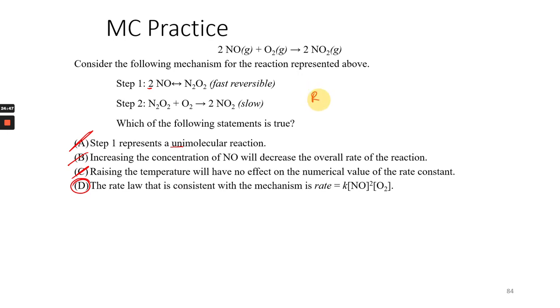If I write the rate law from my slow step, okay, that is not equal to this, correct? But notice, my slow step is the second step. When the slow step is the second step, you have to substitute out the concentration of the intermediate by using the fast reaction. So according to this reaction, the concentration of N2O2 is just going to be equal to